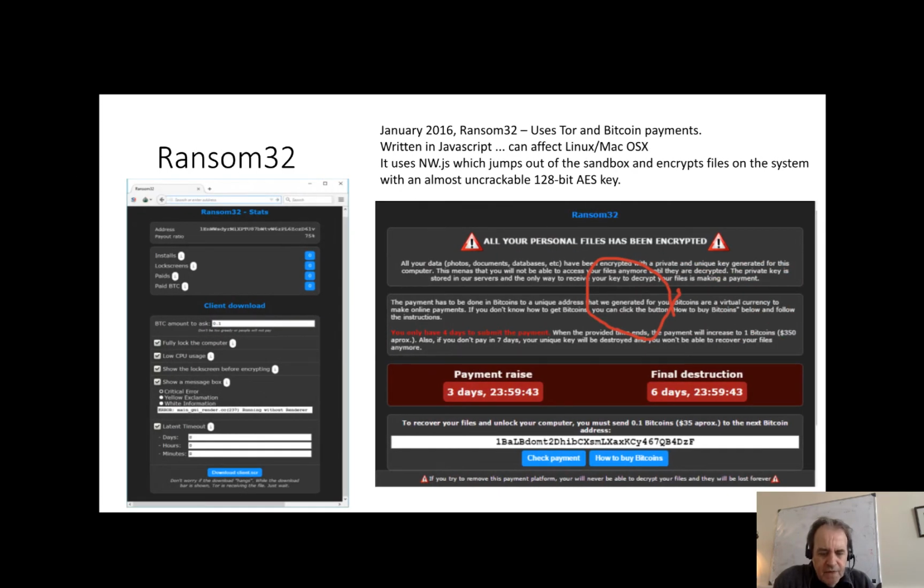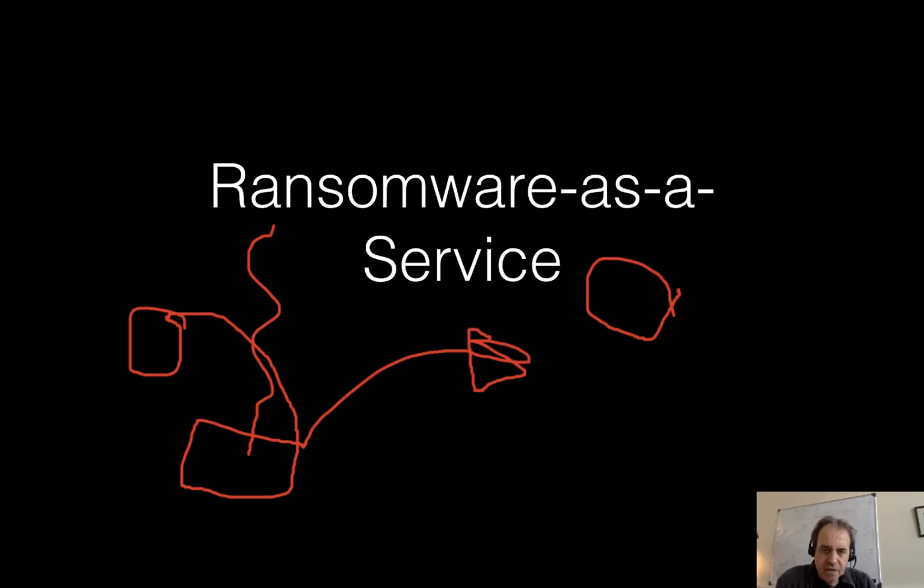This is an example of the client for Ransom32. So someone can log in and actually define all the properties and attributes that would be required to be able to create the campaign, and then it downloads the malware, the ransomware, and after that it's possible to see how the campaign is actually doing and to check for any payments that have actually been set up.